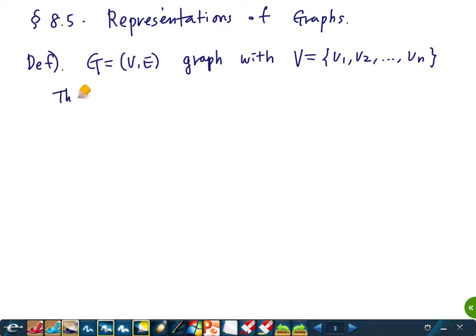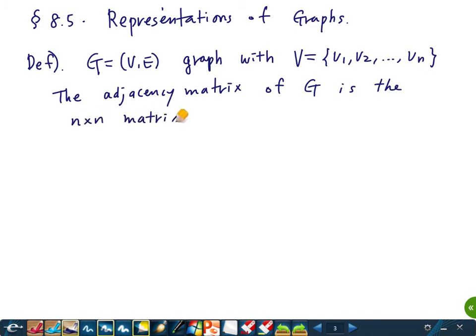And the adjacency matrix of G is the n by n matrix A. So it's Aij. What is the ij entry? So n by n, so i and j are from 1 to n. What is Aij? It's an integer, the number of edges